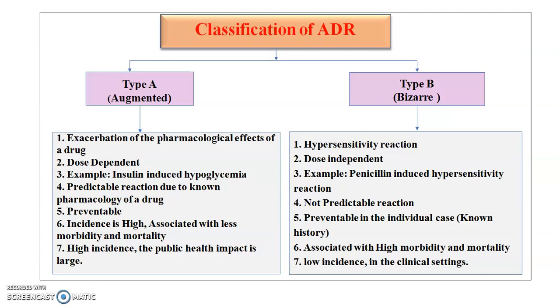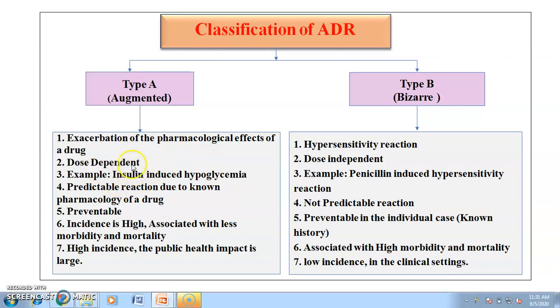Classification of ADRs is divided into two types, majorly type A and type B. Type A is also called augmented, and type B is also called bizarre reactions. Type A is all because of exacerbation of pharmacological effects of the drug, and it is dose dependent. One example is insulin-induced hypoglycemia, because the pharmacological action and effect of insulin is high, that may lead to